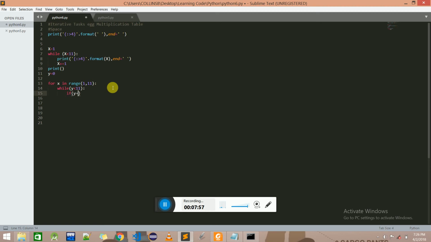I'm going to explain all this. y is equal to 0, and then copy this line of code here, and here, and then change this to small x, okay, and come back here and say else,